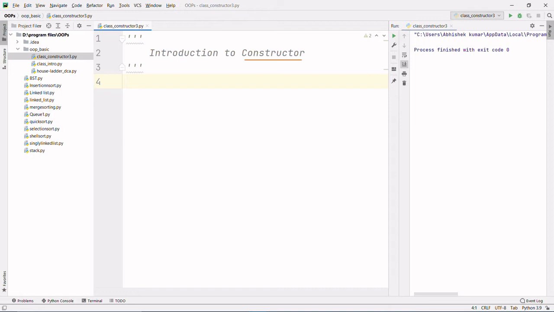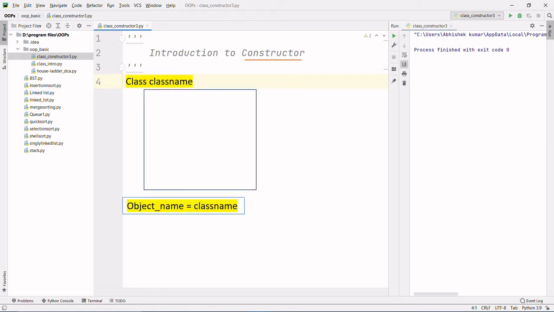As we know, at the time when we create an object of a class, the memory for that instance gets allocated to it. And at the same time, the constructor gets called internally. To complete this internal call, there is an inbuilt method named init. So now three questions come into the picture. Why, when, and how do we use that constructor or that inbuilt method known as the init method, or the initializer, we can say.